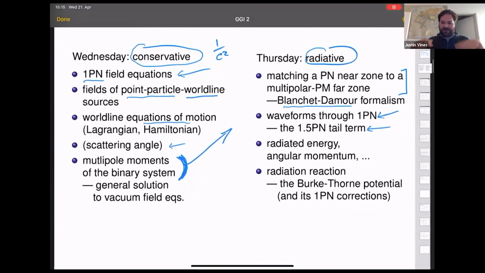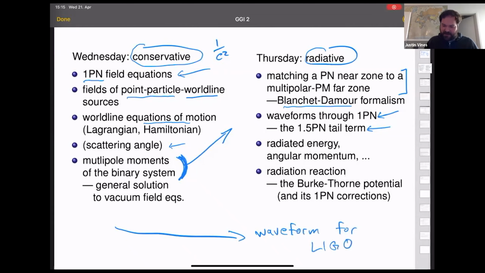So this is mostly aimed at our high energy particle physics friends who may not be familiar with how calculations, in particular these post-Newtonian calculations, are done from beginning to end. And of course, finally, wanting to get to a waveform for LIGO. So I'll be trying to give you all the building blocks that are used and some of the concepts